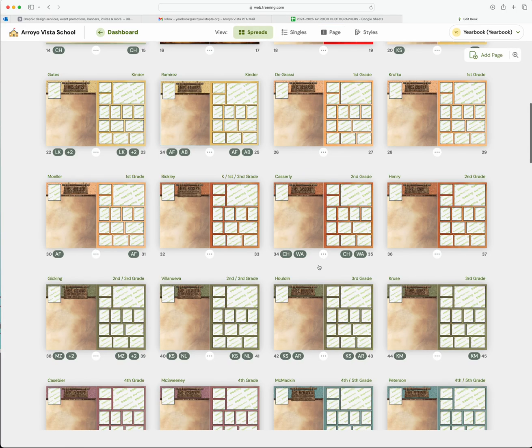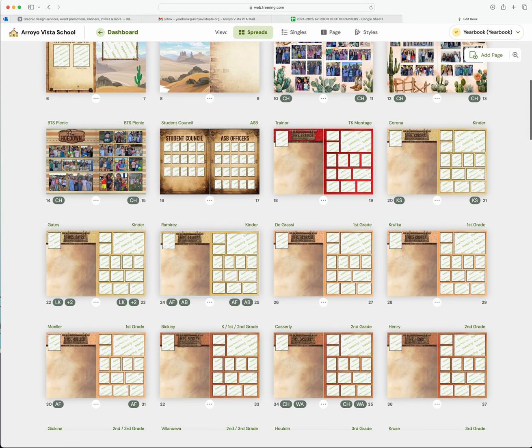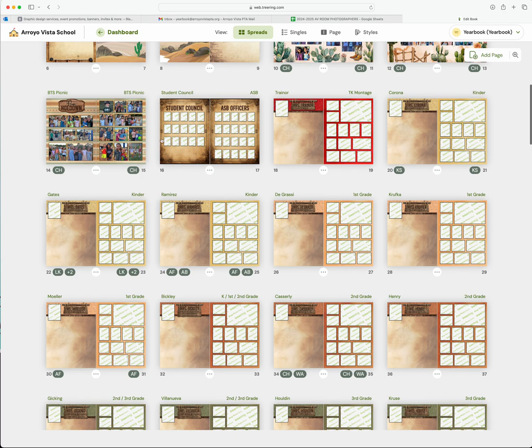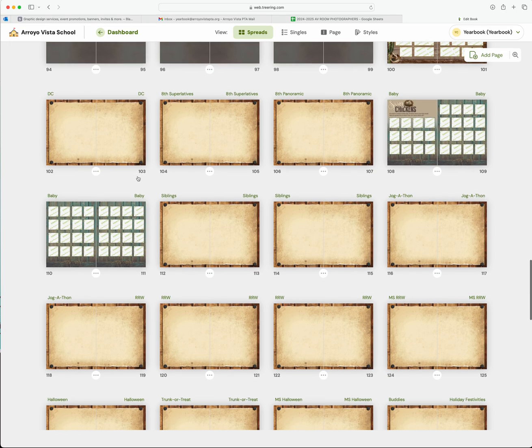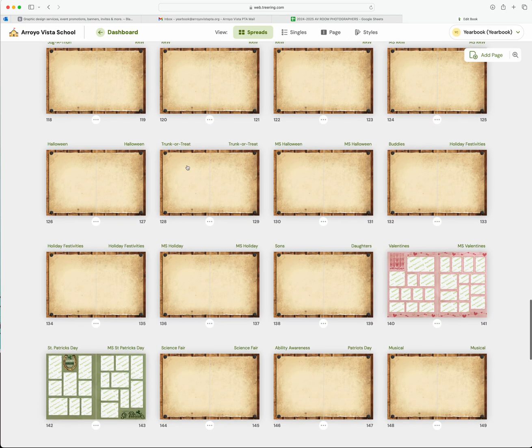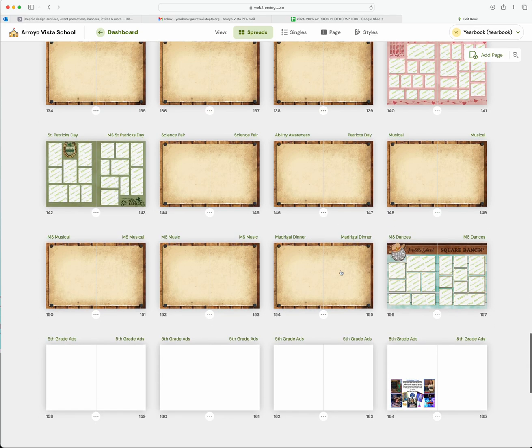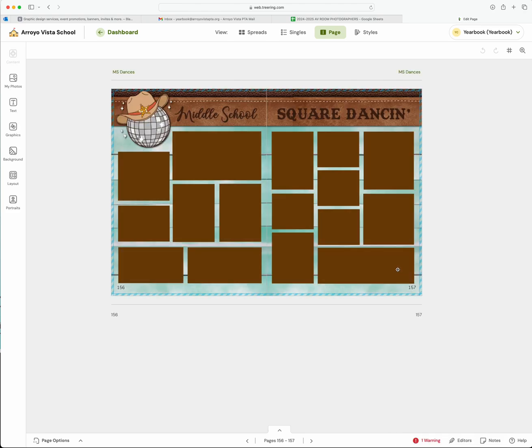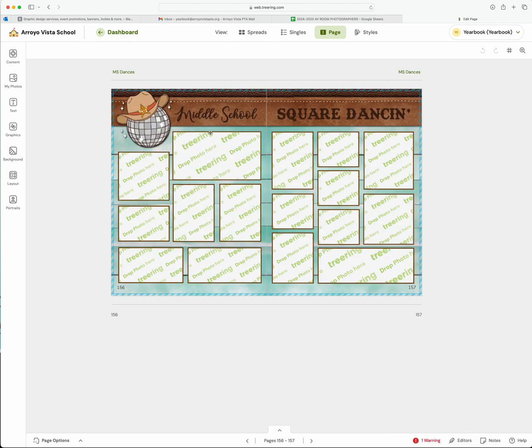Same process works for any of these other pages you'll see that are already done. We're just going to pop photos in. And if you're working on the fun pages, like back to school night or picnic or any of these other categories, by the way, if you see these, it just means that the page is not done. We're not keeping this background for all these pages. So if you're doing these fun pages, it's the same process. You're going to open it up and then the templates will be done for you, and you're just dragging and dropping pictures in and making sure that we've got all different kids in there and they're not being on a repeat